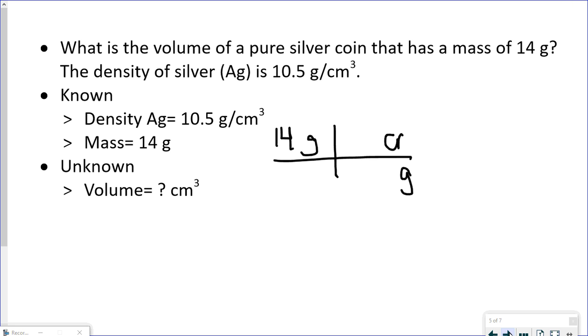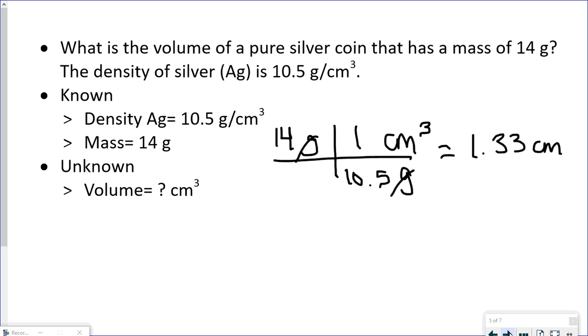We know grams related to cubic centimeters. So our density was 10.5 grams per cubic centimeter, make sure that that 10.5 does go with grams, and that's per 1 cubic centimeter. So that will cancel out the unit of grams, leaving us with cubic centimeters. So now we can simply put it in the calculator. We can do 14 divided by 10.5. So that's going to be 1.33